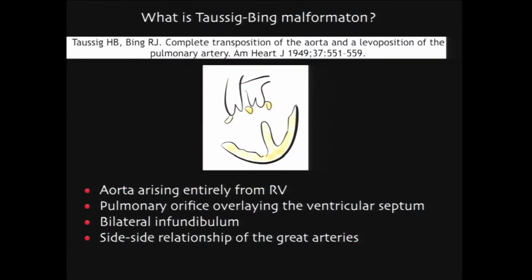So what is Taussig-Bing malformation? This cartoon is the original Taussig-Bing malformation. What it is: the aorta arises entirely from the RV, and then the pulmonary orifice overrides the ventricular septum, and then there are bilateral infundibulum, and a side-by-side relationship of the great arteries. It is a single case report. There are not many cases in the original paper, which is 1949. Subsequently, in